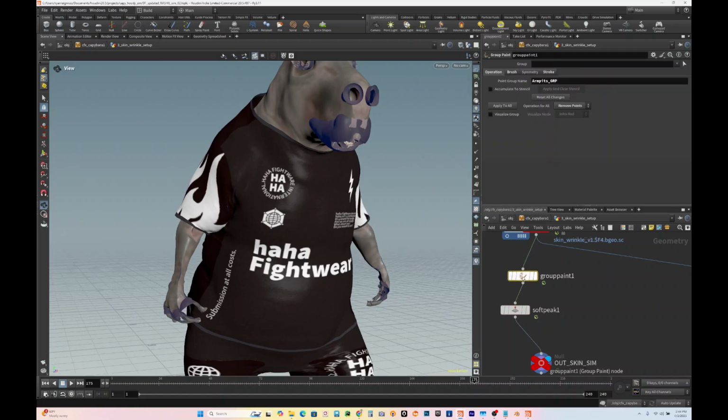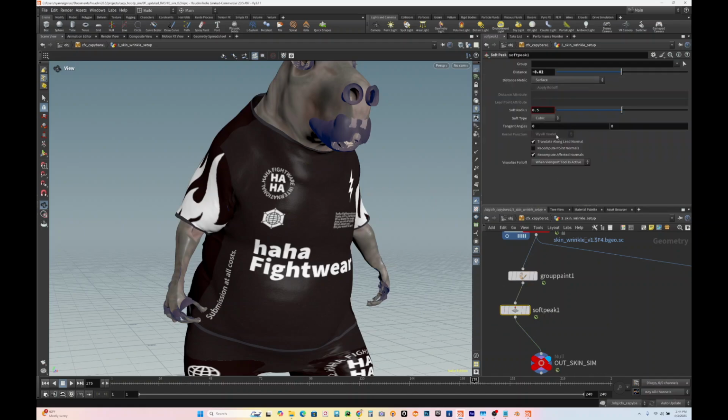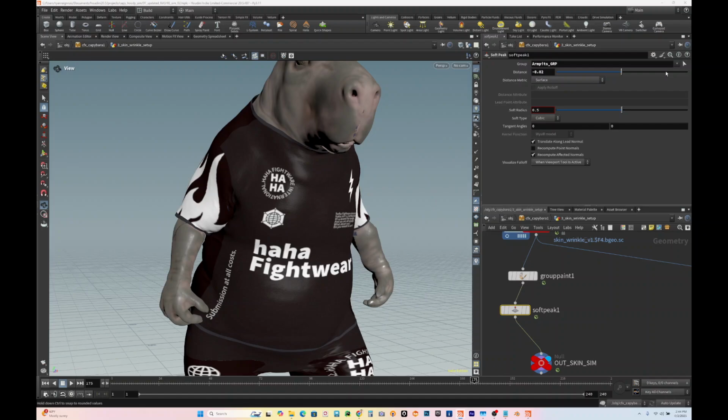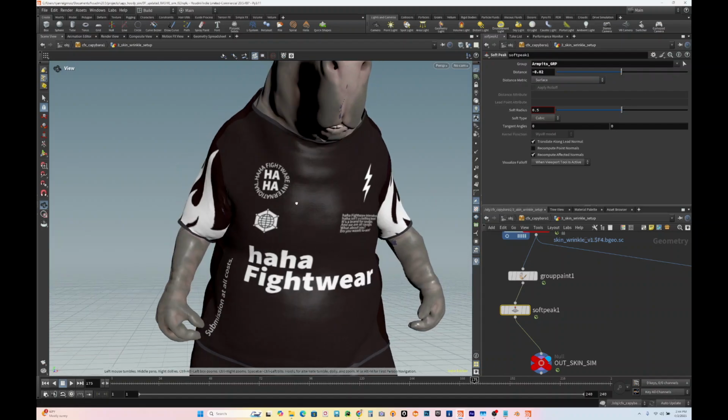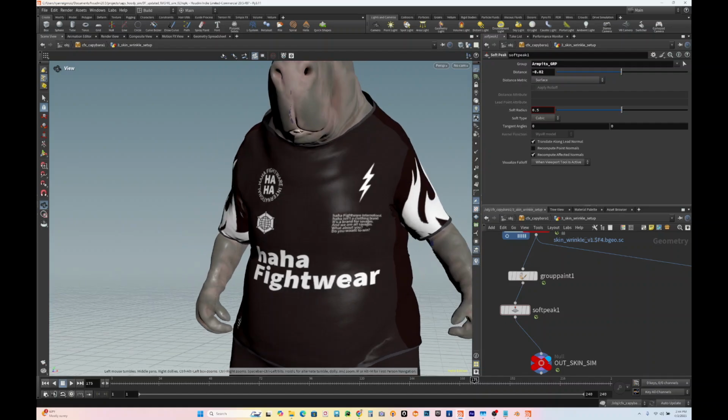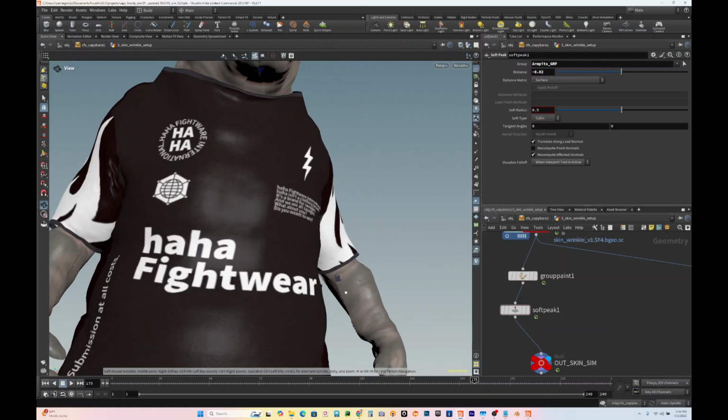So if we go back to our group paint, we called this armpits group. So back on the SoftPeak, we're going to go here and select armpits group. And now it applied our fixes. So if we disable this SoftPeak, you're going to see that there's our issue. Turn it back on. There we go. And SoftPeak is nice because it applies our deformation but also has a soft radius, so it helps smooth out some areas. So maybe on the arm, for example,